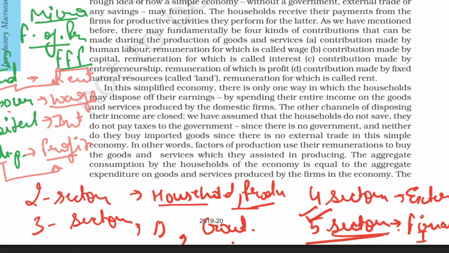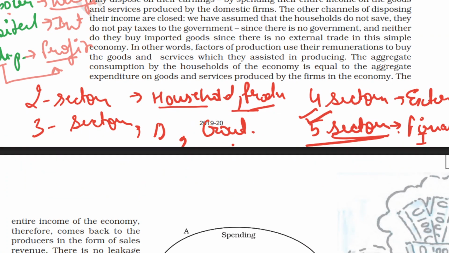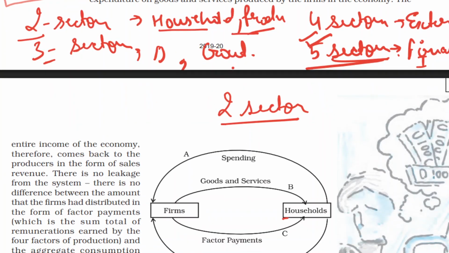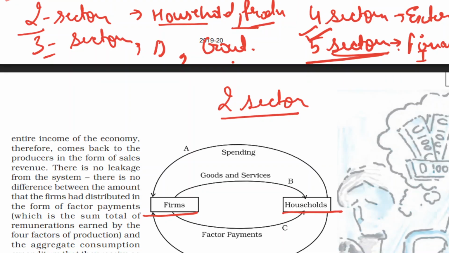Okay, let's move to circular flow in a very simple economy, that is a two sector economy. It is a closed economy, because we are not dealing with the rest of the world. Two sector economy and three sector economy are closed economies, because we are dealing with the domestic part, we are not dealing with the external world, right? In a two sector economy we have two things: one is the household part, and second is firms, that are the production part, right?